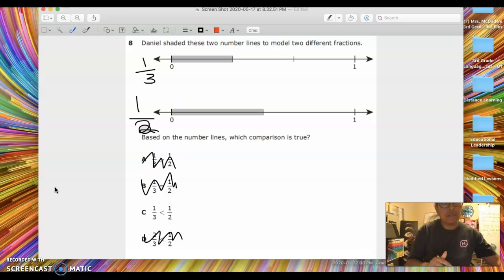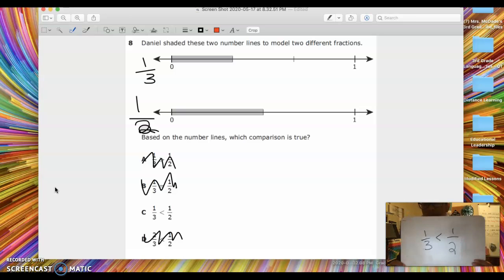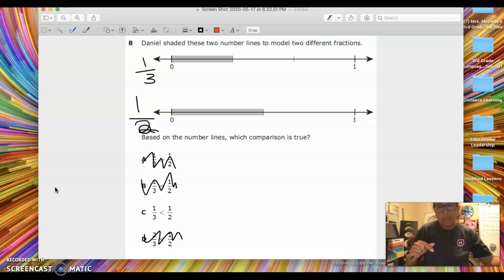Okay? Now, the rule of thumb is when you're dealing with fractions, the larger the bottom number is, the smaller the piece. Okay, so if you're comparing fractions where the bottom number is different, the one with the smaller denominator is going to be the larger one. Okay, it sounds kind of reverse, but if you think about it, a fraction is how many pieces you're splitting a whole into. So if you're splitting something into halves, those sizes will be bigger than if you split it into